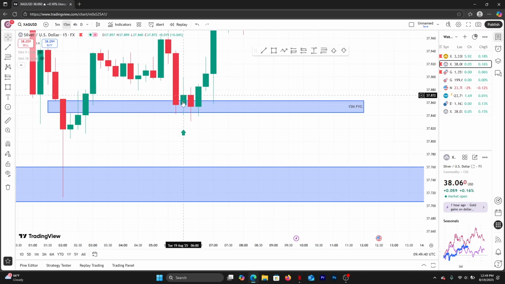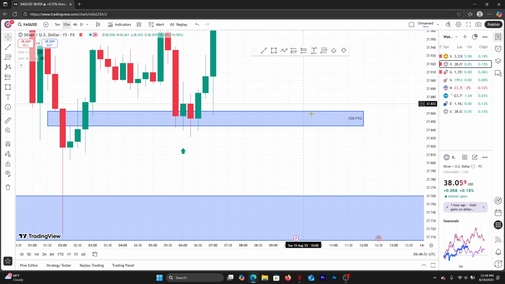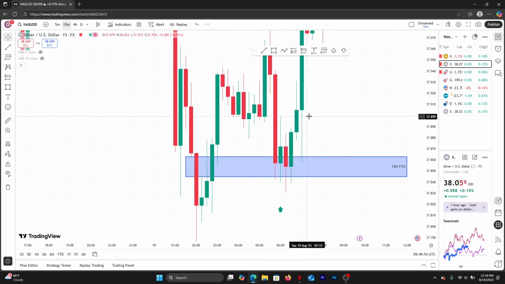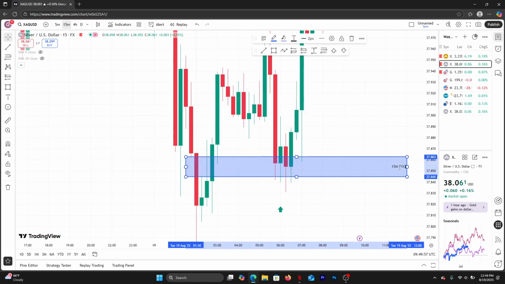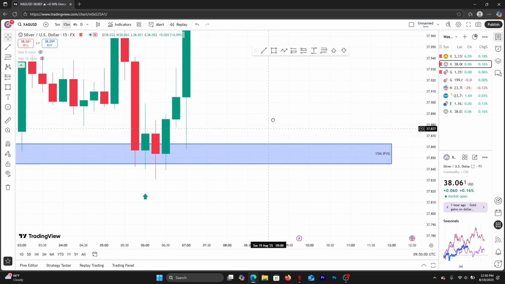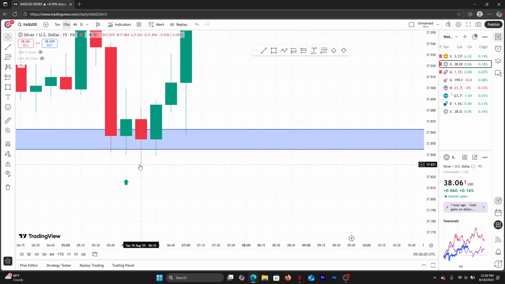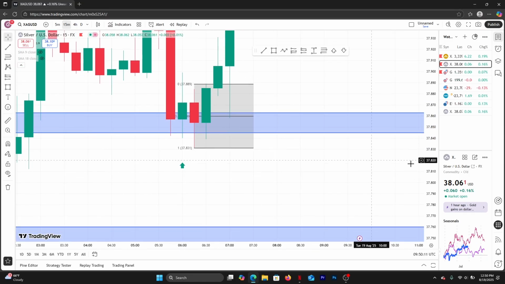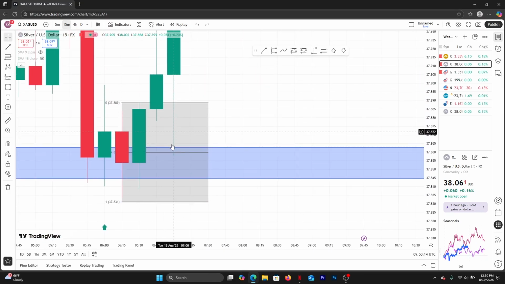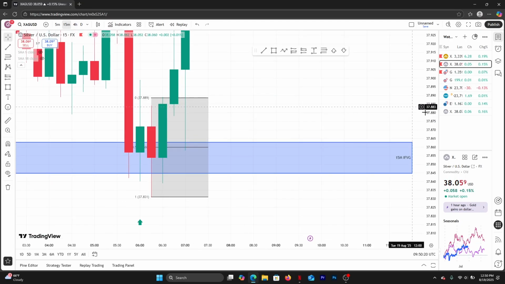And the new 4-hour candle opens right here. So this is the 6 a.m., then 6:15, 6:30. So this 6:30 candle closes above this 15-minute fair value gap. This is an inverted fair value gap, not a fair value gap. So this candle closes above this inverted fair value gap, giving us a lower time frame dealing range, which is now the 15-minute dealing range. And again, you'll notice price retraces into the 50% of this dealing range, or 0.5,